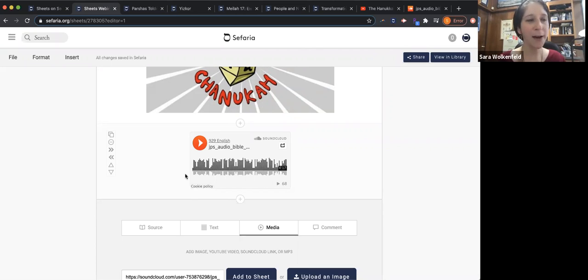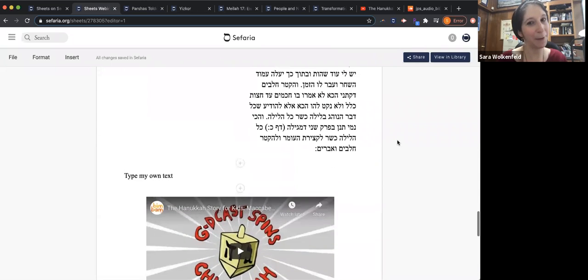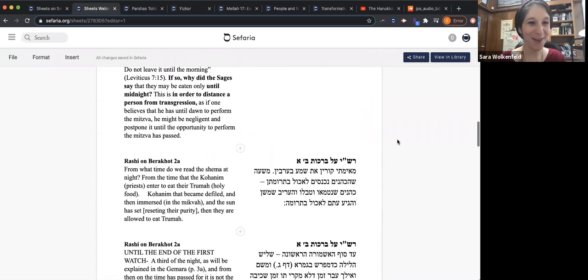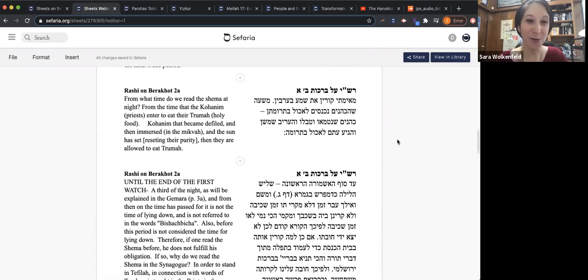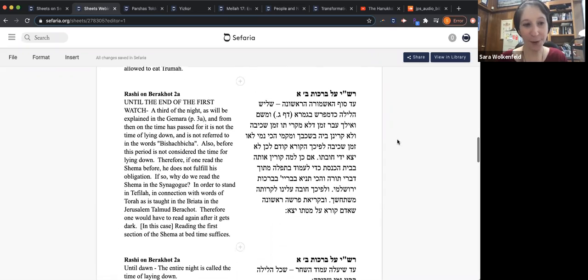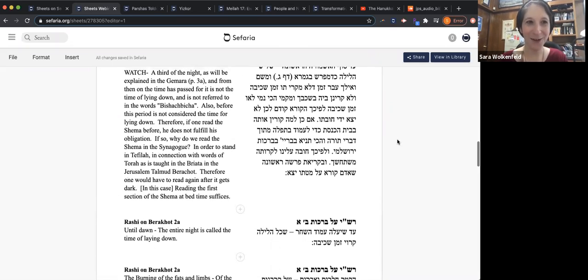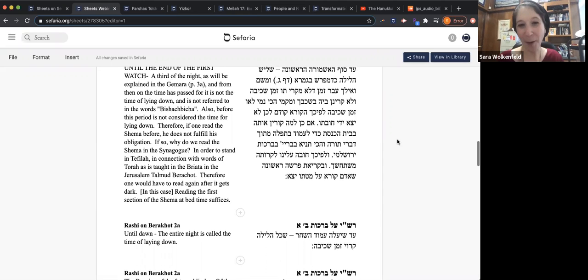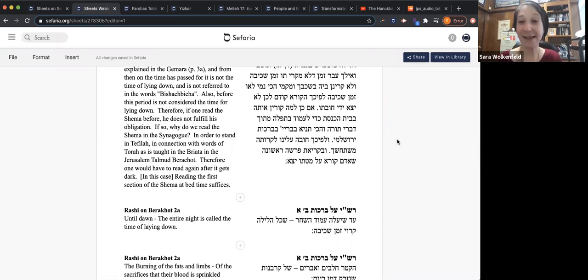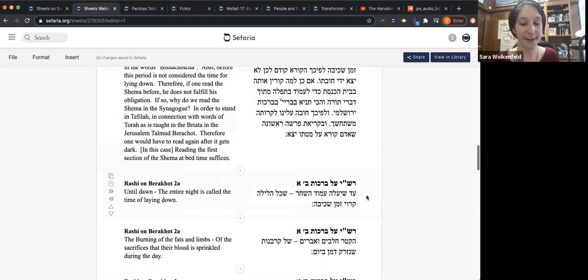Yeah, I think so. There's not a way to add it internally. Okay. So it would be the same as adding any other outside text. The only thing that I would say, and I would say that about really all of this, is do you really need to add it to the source sheet, or do you just want to help people find it? So if you're printing, which I'll talk about in a second, then yeah, you want to add it to the sheet. If you're not printing and everybody is in the same setup that we are all in right now, I'm in front of a screen, you're in front of a screen, you don't necessarily need it on there because every text on a Sefaria sheet is still a link.